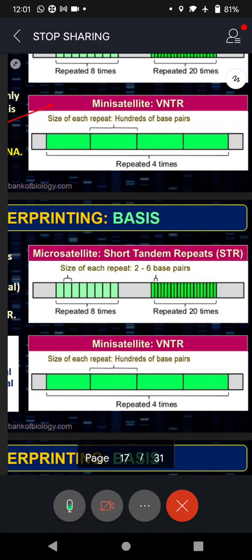Based on this, now I hope you are getting the point. We take these VNTRs in the form of bands and convert this into an X-ray sheet, and then compare the VNTR pattern and length on the X-ray sheet of the 2 people, or say 10 people. Say 10 people are in the suspected list, and that will be compared with the DNA that is available at the crime site, at the crime scene.